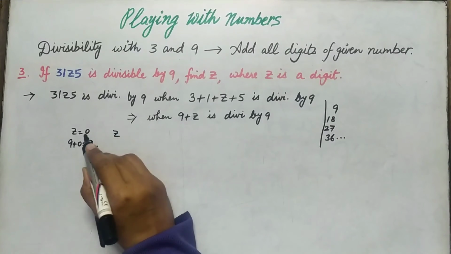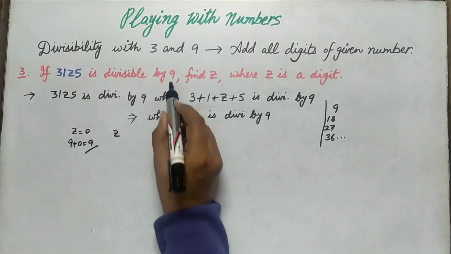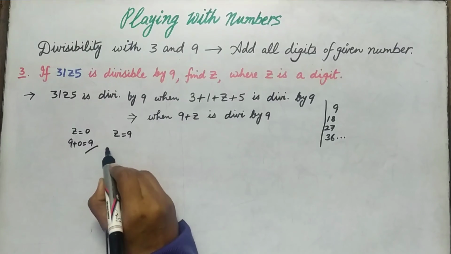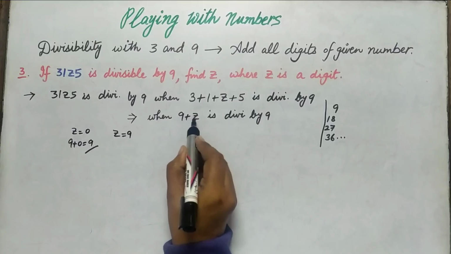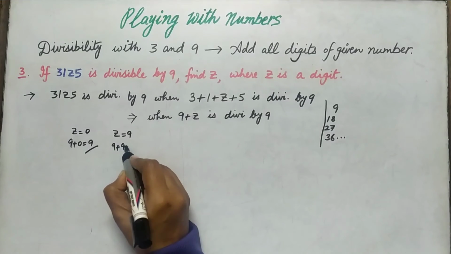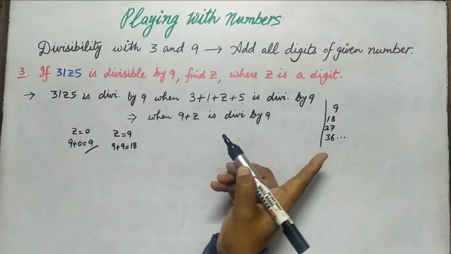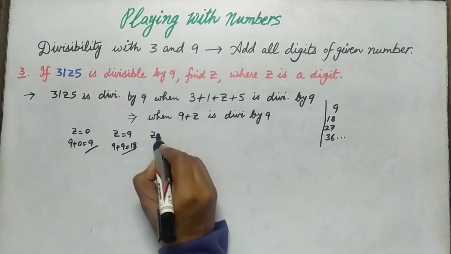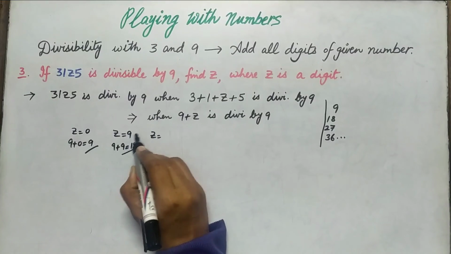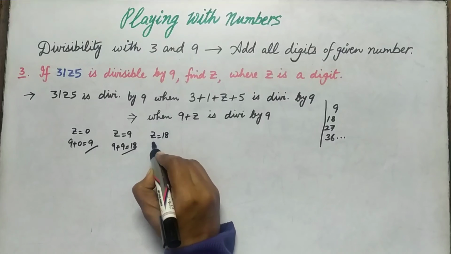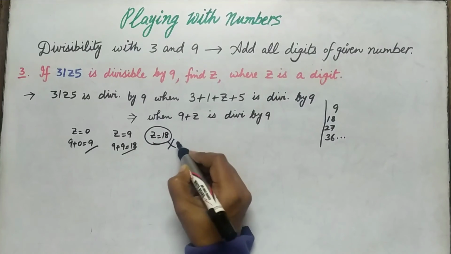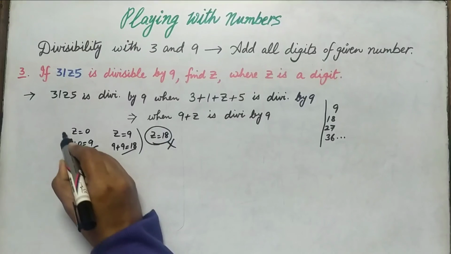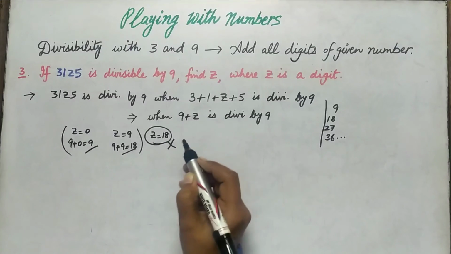Again, now we take the jump of 9, the question. When we put z equal to 9, the question becomes 9 plus 9. And 9 plus 9 is 18. Again the value of the table. Next we put z equal to the jump of 9, 18. But we cannot put this value because it is a 2-digit number. And our correct solution is with us.